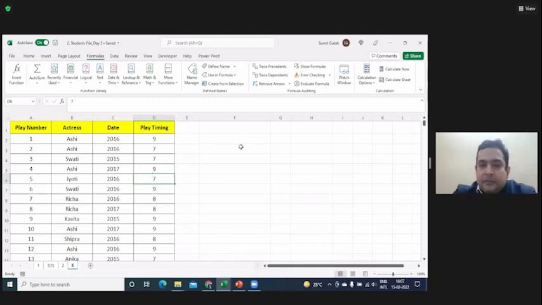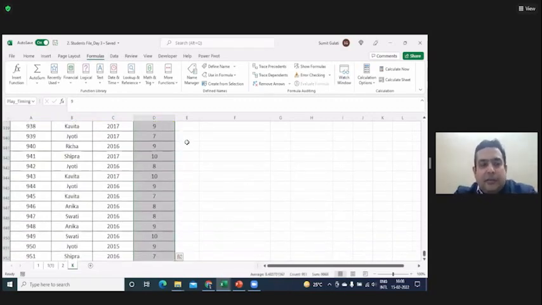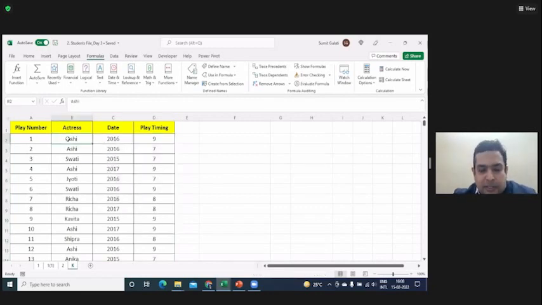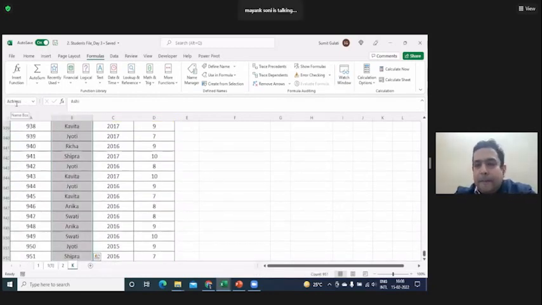So we have to make a specific table for every different individual name, or it just would be calculated by itself. आपको कुछ नहीं करना, आपने ये काम कर लिया, आप ये यहाँ क्लिक करो एक बार, then I'll show you why I'm asking you to do this. Click on Ashi or on 2016 or on 9, किसी भी एक पे क्लिक करो. Then press Control Shift down arrow. What is showing at the top left column? This name bar. Play timing only. मतलब आपका ये कॉलम का क्या नाम पड़ गया? Play timing. Click on Ashi. Control Shift down arrow. What is showing at the top here? Actress. ठीक है? Yes, sir.